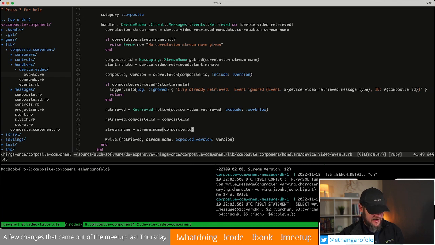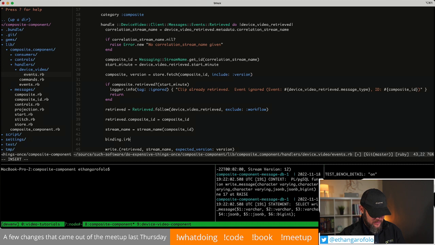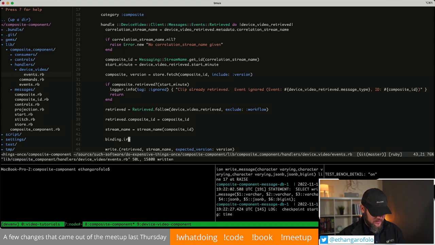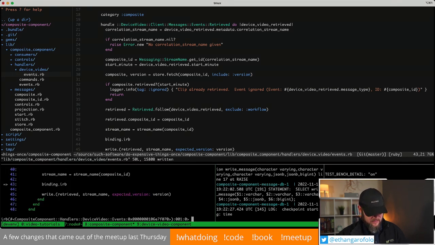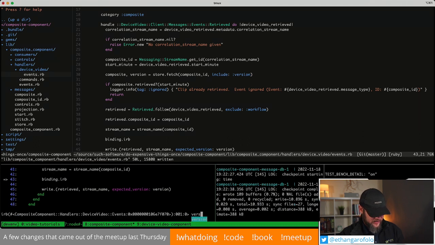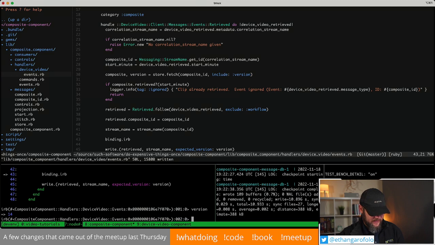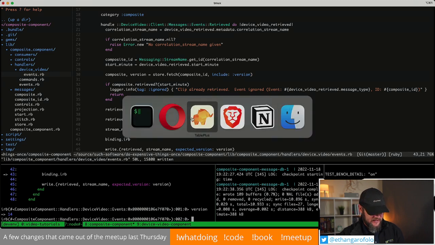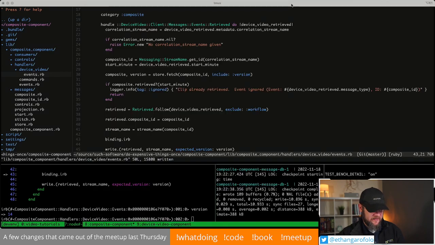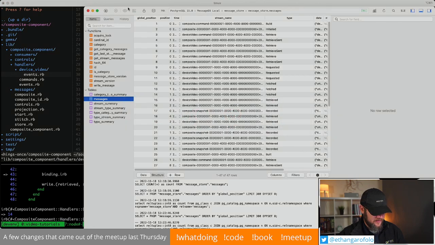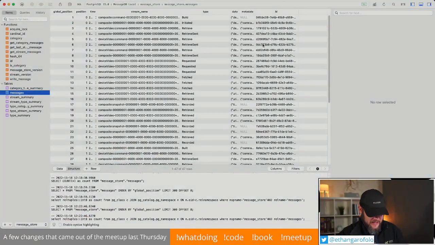I'm going to add a binding.irb right before the write here, and see what version we're getting back for the entity. So right there. And then what is the version? So you are trying to write this at version 14. I'm going to go to the message store for it. So let's make that. Where'd you go, TablePlus? There we go. Okay, so the position column,